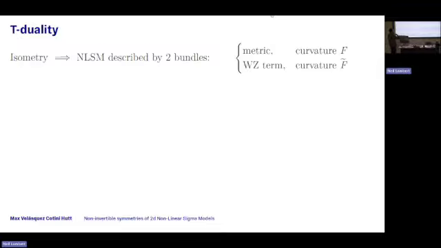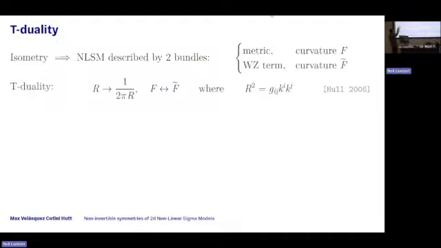But generically, I can always think of the metric as some S1 bundle over a base if I have a compact isometry. And there's another bundle that you can sort of inherit from the Wess-Zumino term that I'm going to be schematic about. So these bundles both come with a curvature. They're both S1 bundles. And what does T-duality do? Well, it flips the radius, just like we saw for the compact boson, where now R is the norm of the Killing vector. And that's the analog of the radius of the S1 for the compact boson. And it also interchanges the roles of these two bundles. So if you wish, some parts of the metric and some parts of the B field swap into each other.